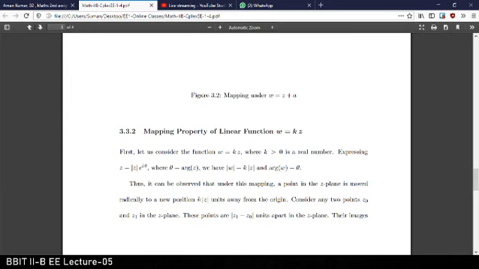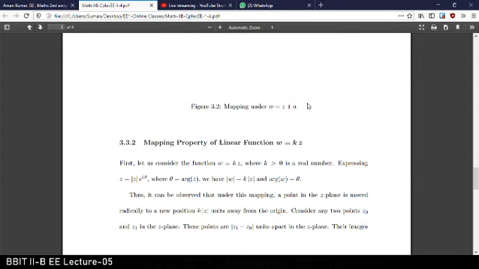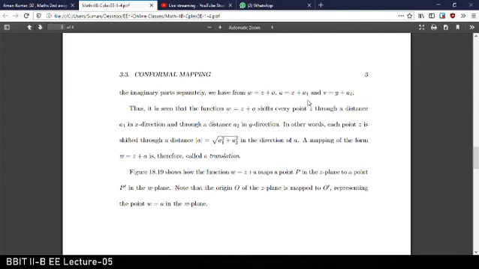If I write z equal to 0, that will be the origin, and after the mapping, the 0 will reach the point a1, i a2. Since every point has been shifted, this mapping is called a translation. Generally, for any kind of transformation, a mapping is nothing but a transformation. You are transforming one object to another object, one area to another area. There are totally three types of transformation possible. One is just shifting in a particular direction. Another is